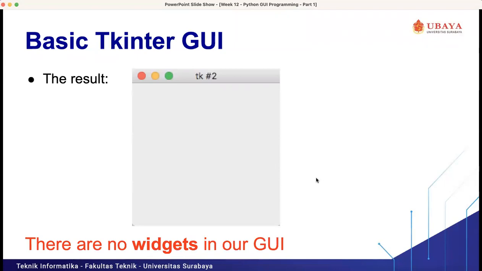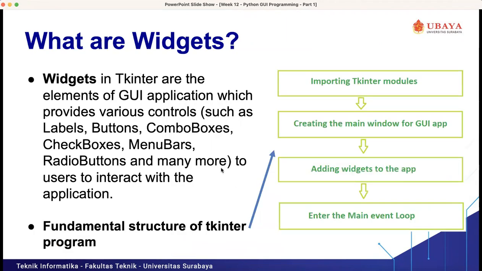If you use Linux or Windows, the style of the form will be different. We have no widgets in our window because we only created one window, but we can add widgets into our window, for example a button, combo box, checkbox, and so on. On the next slide, we will add a widget into our form.